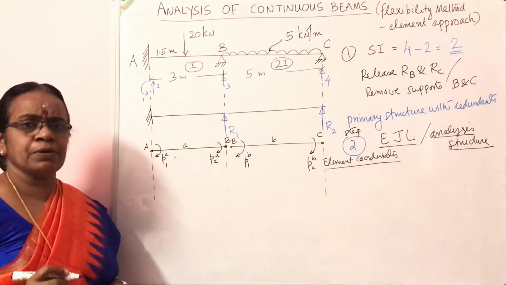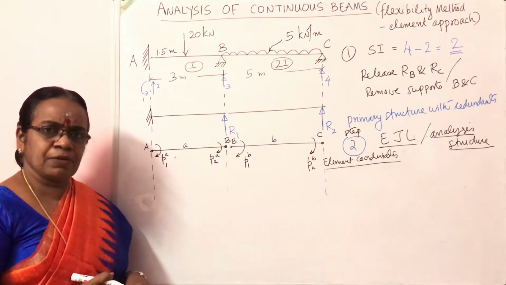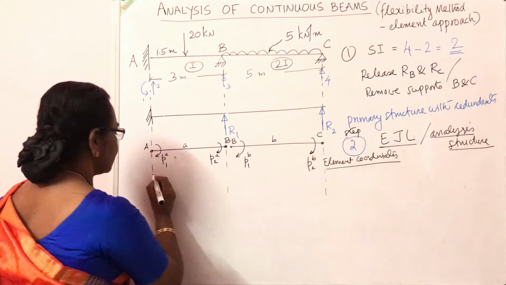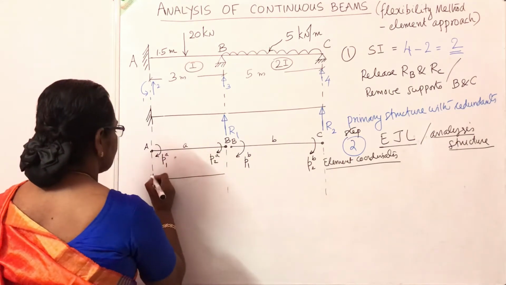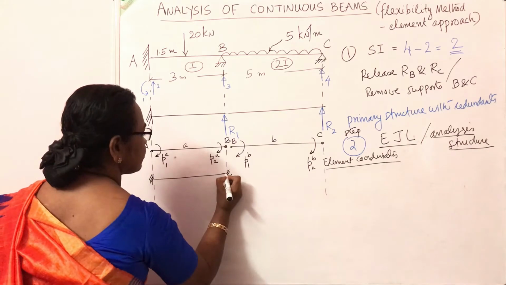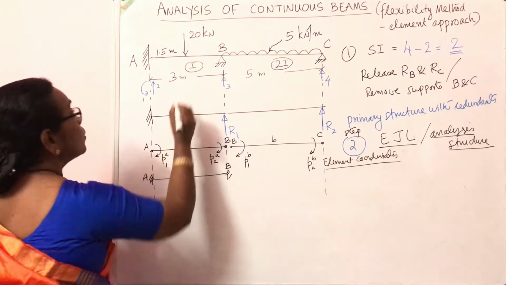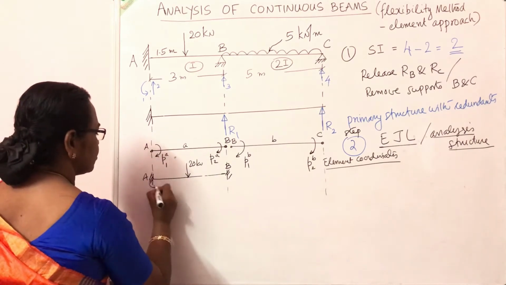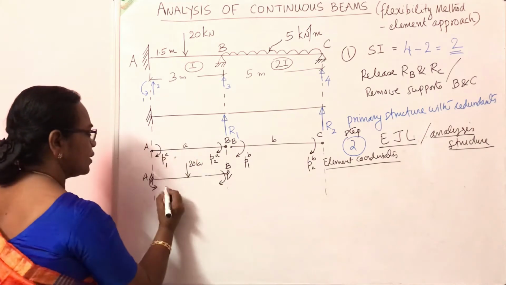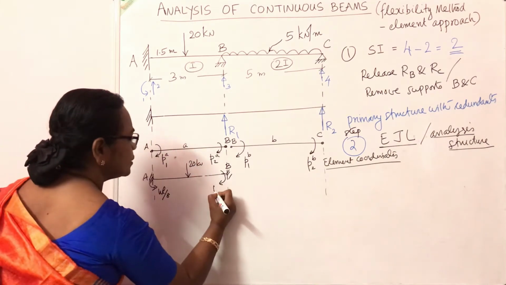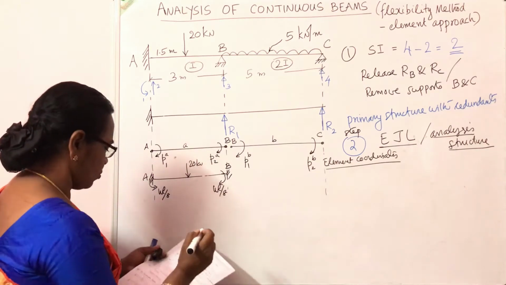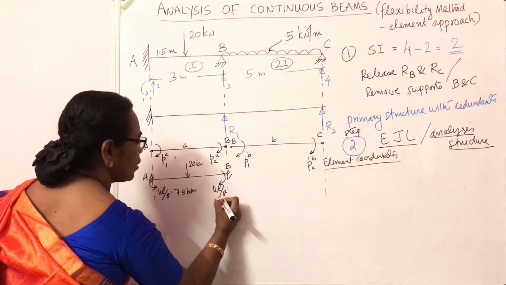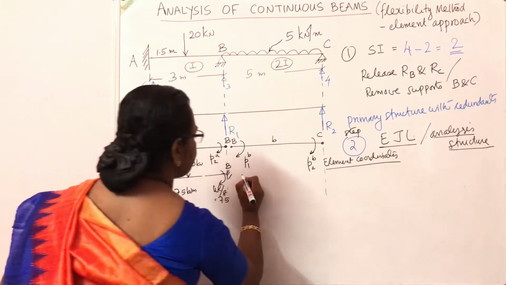Equivalent joint load is familiar to you. It has been discussed in a previous video. What is equivalent joint load? To arrive at the equivalent joint load, let us consider each span separately. Consider the span AB. Assume it as a fixed beam. The load acting is 20 kN. Write down the fixed end moments. The fixed end moment at these 2 points will be, for a central load, WL by 8, WL by 8, which will work out to 7.5 kilonewton meter. This is also 7.5. Consider the next span BC.